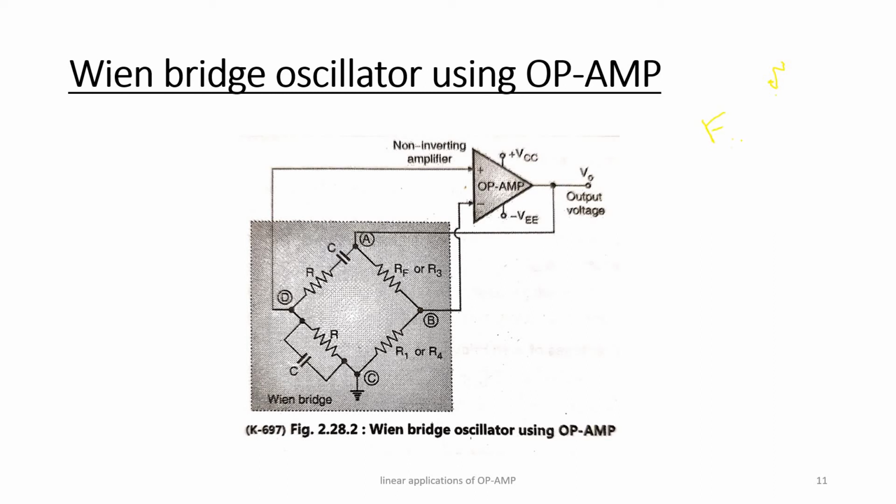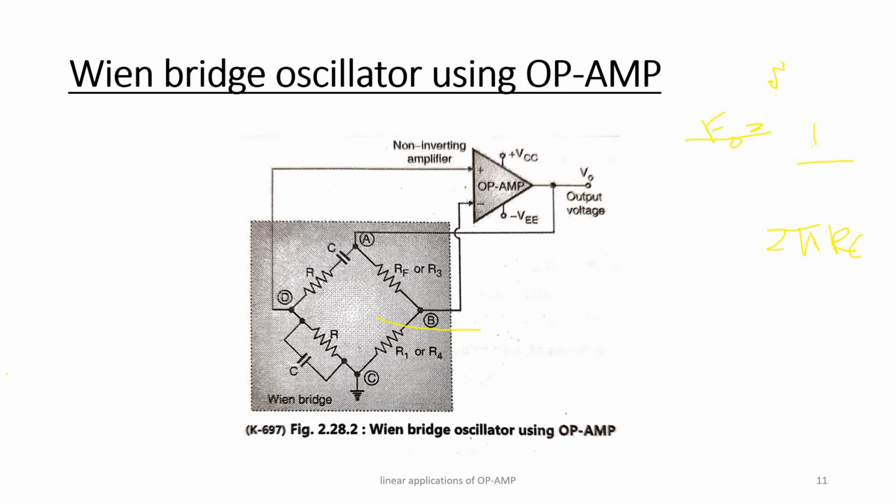f0 is equal to 1 upon 2 pi RC. And if R1 is equal to R2 and C1 is equal to C2, it means the resistance and capacitance in arms AD and CD are of the same value. The resistance